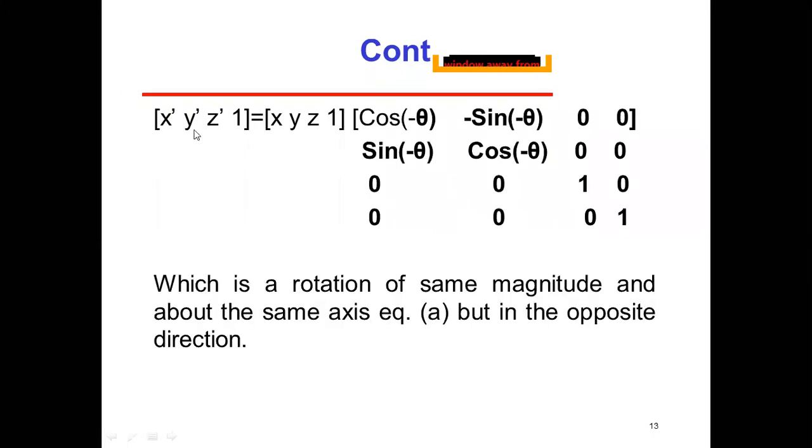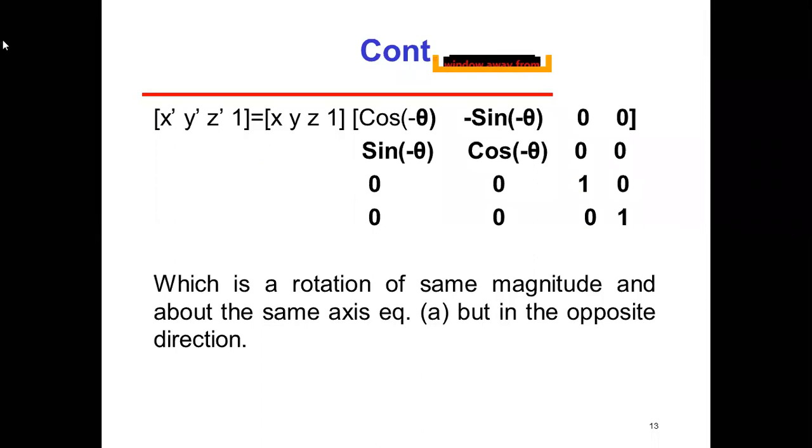Again, as I told you, change only the sign of this. Here I am writing the matrix formulation for the rotation. Cos, I am just replacing theta by minus theta. So just replace theta by minus theta. Don't change this sign, but replace theta by minus theta everywhere, so that you can call this rotation the inverse rotation.